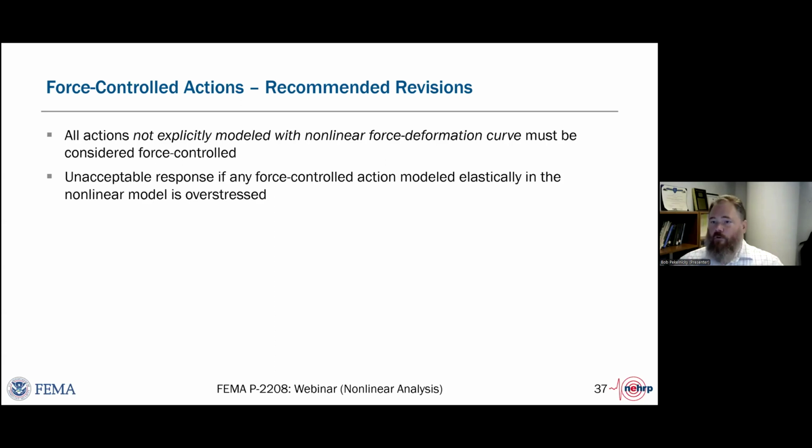Because the whole goal of running a suite of 11 records is to establish an understanding of the performance of the building under various earthquake scenarios and a reliable mean. And if you have models or specific analysis runs that are producing results that are not true to reality, in this sense of doing our best to develop an analysis model, because I think most people would say most of our analysis models are not true to reality, you shouldn't contribute that record to the suite mean.